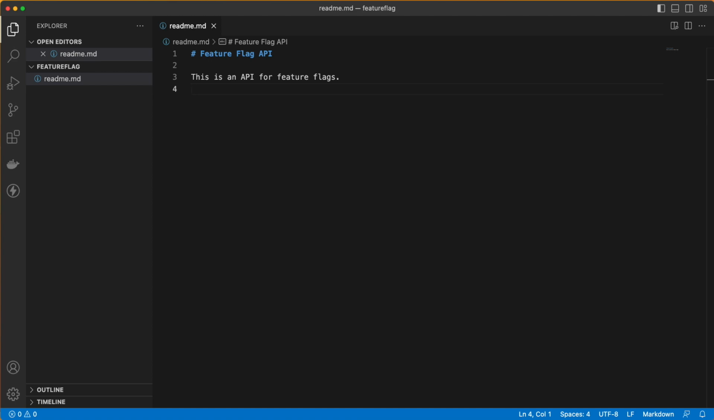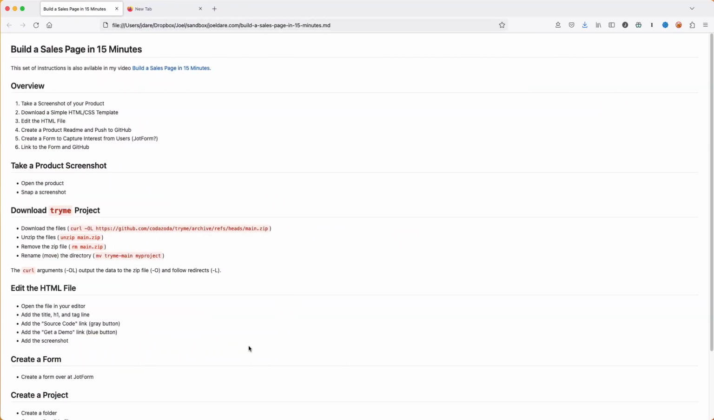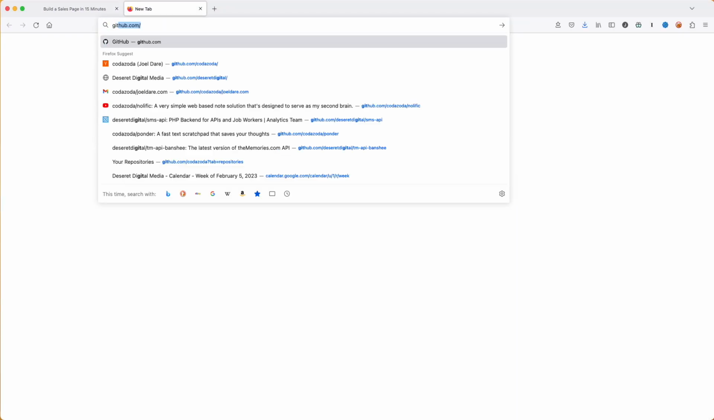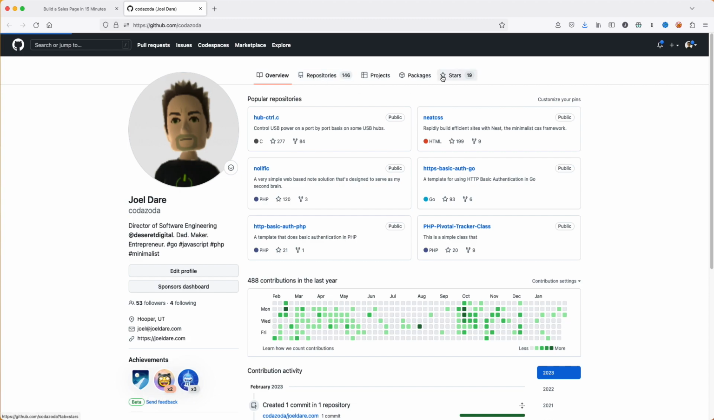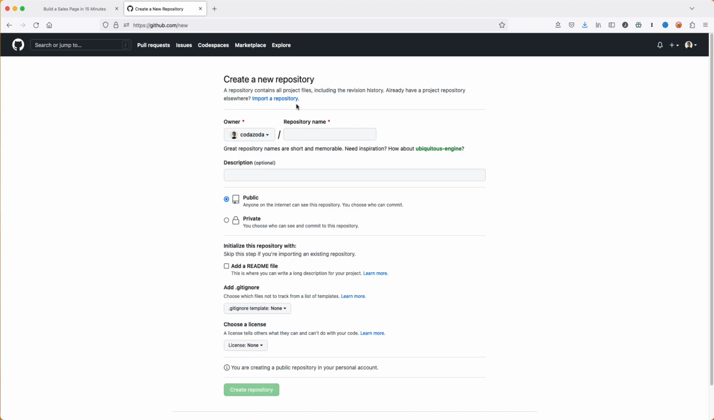Go ahead and open my terminal again. And then we need to create a project on Git, and we're going to go ahead and push this feature flag API to Git, to GitHub in particular. So I'll go to my GitHub page, create a new repository. Call it feature flags. Make it public. And go ahead and create the